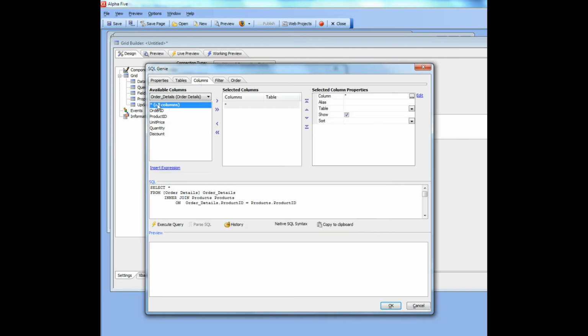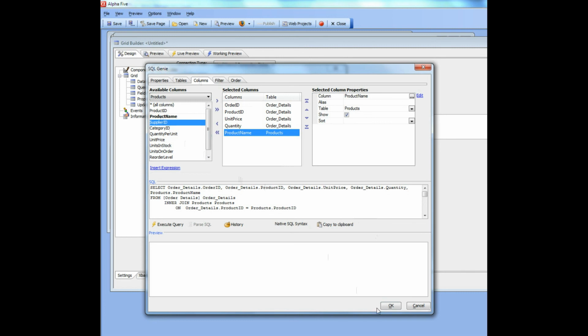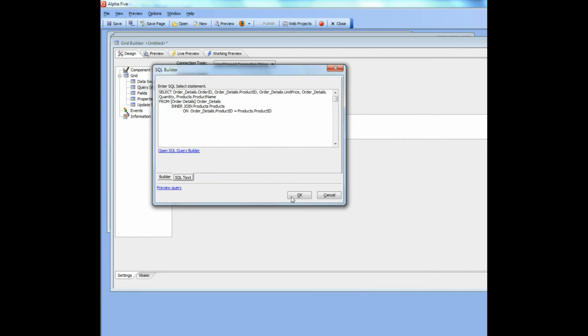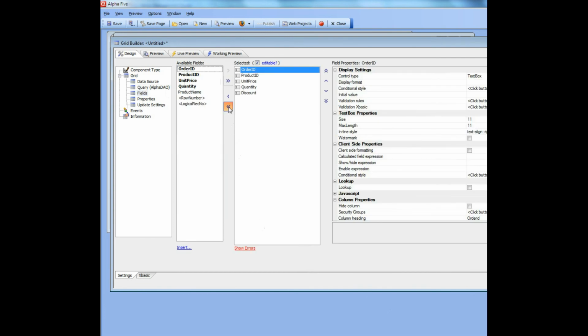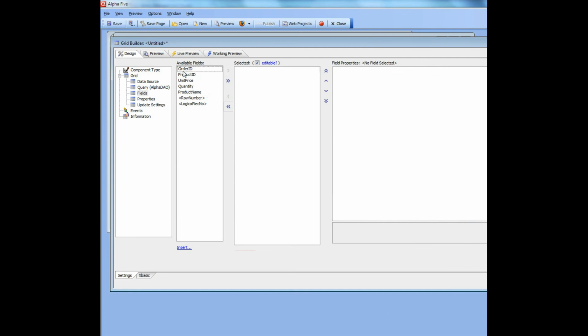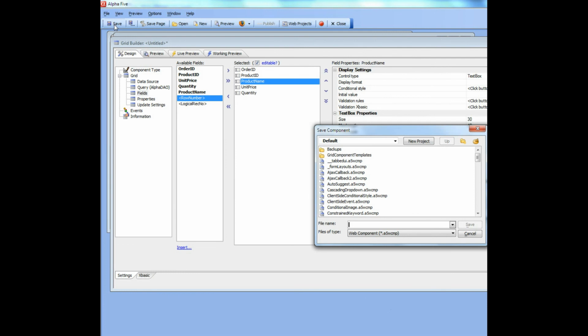And then let's go to columns. So from order details we want those fields, and then from the products table we only care about the product name column over there. So let's go ahead now and click OK, and then click OK. Now let's go down to our fields, and let's remove all the existing fields and choose these fields, and then let's move product name up after product ID. So now if we go and let's just save this as order details